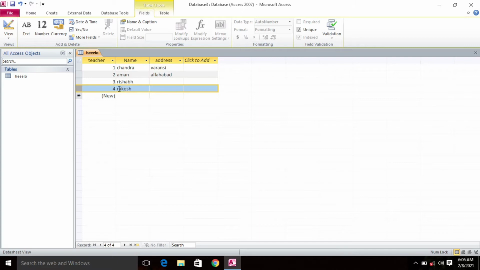Fine. Suppose in a class we have four students, and two of those four students have a common name. If we write the common name here, it will be difficult for us to find the person by name, because two people have a common name. So what will we do in this case?